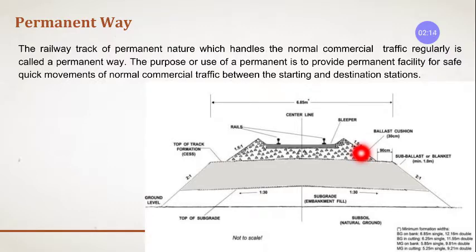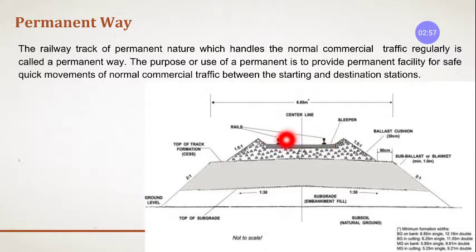Then you have the main thing, that is ballast. Ballast is nothing but coarse aggregate which is placed there. Above that you have sleepers. You will see the images, don't worry; in that image you will see what sleepers are. Sleepers are the white rectangular boxes over which the rails are placed, which hold the rails in place. Above that you can see the two rails